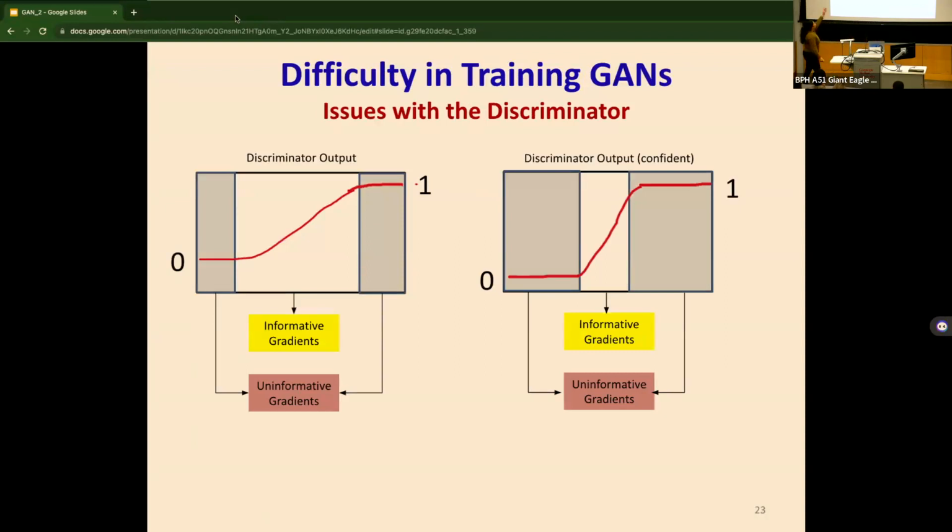So if you look at this, this is basically the output of a discriminator where you're going to have a,